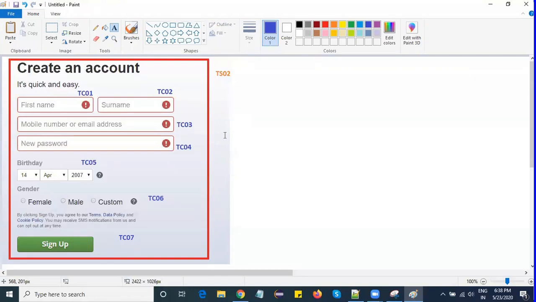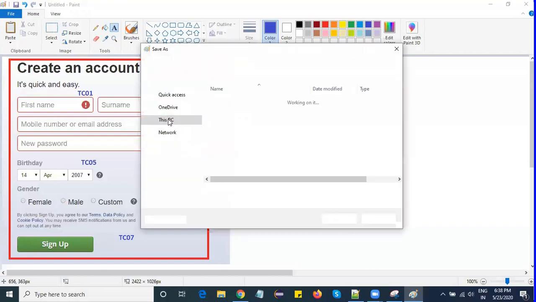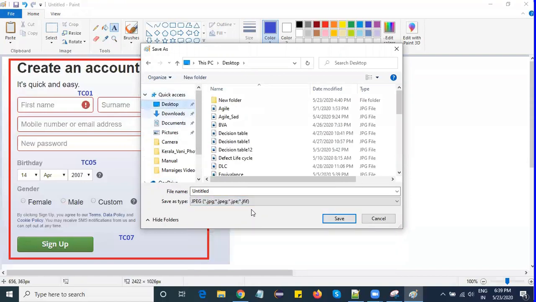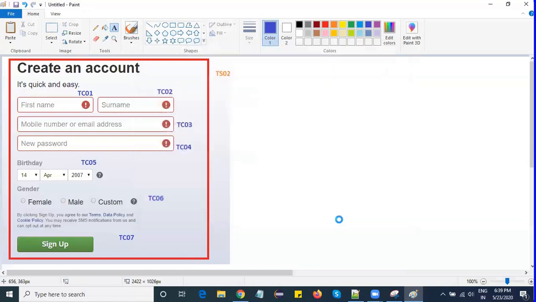Now we'll try to write the test cases. Let me save this. See, this is a basic example, because you people will know Facebook very well, right? That's why I'm taking a basic example. If I go for a real-time example, then it will be very hard for you to understand. So that's why I have taken it like this. Facebook test cases, screenshot or scenarios, test cases like this. Let me save the document for future purposes.